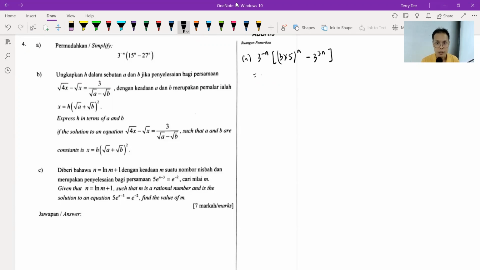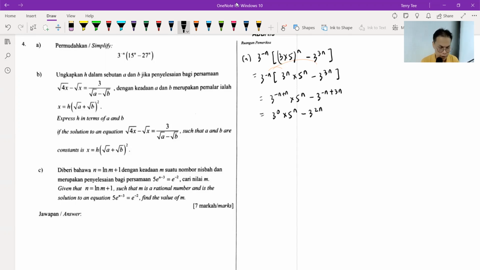Okay, step 2, let us break up this 3 times 5 power n to 3 power n times 5 power n. There's a minus 3n. So when you take this 3 power negative n and you times in 1 by 1, what we have here is 3 power minus n plus n. When you multiply the number, we add the power. And there's a 5 power n. And this is 3 power minus n plus 3n. So we know this is going to give us 3 power 0, and anything power 0 is 1. And this is going to give us 3 power 2n. So, wait,